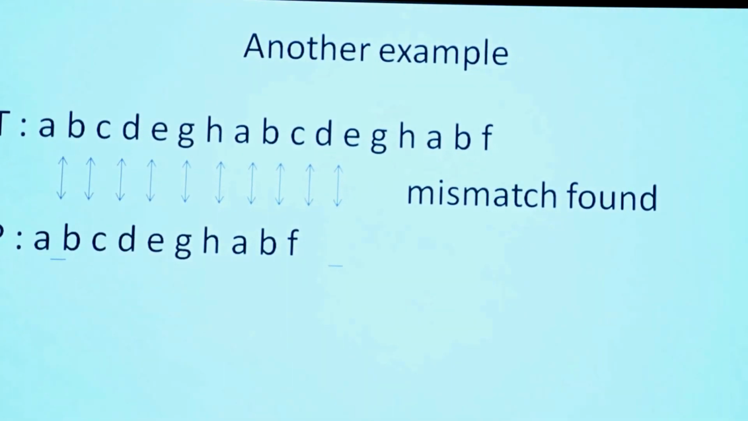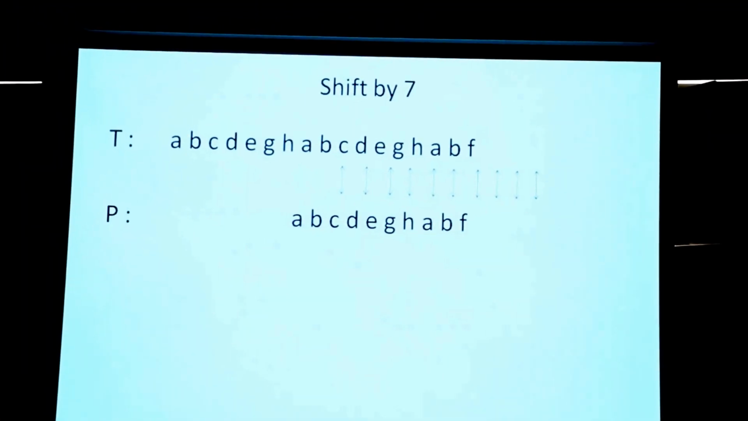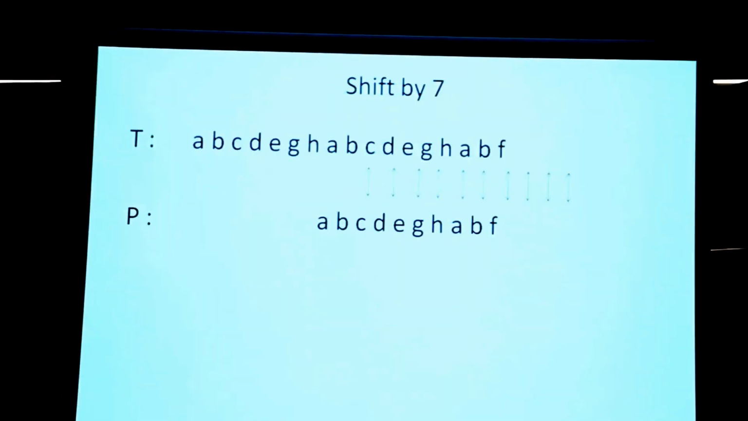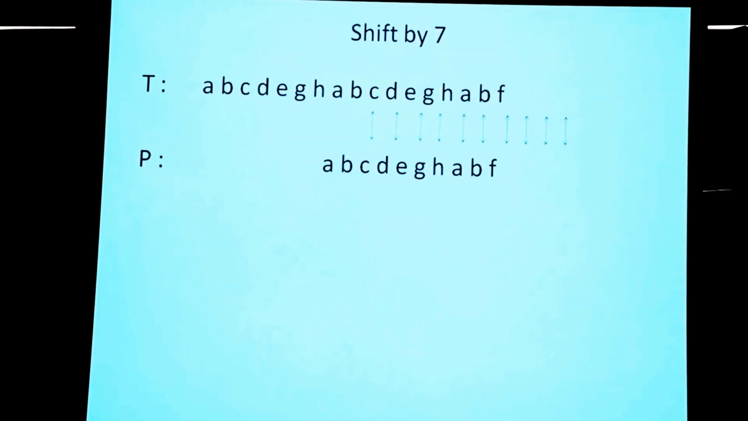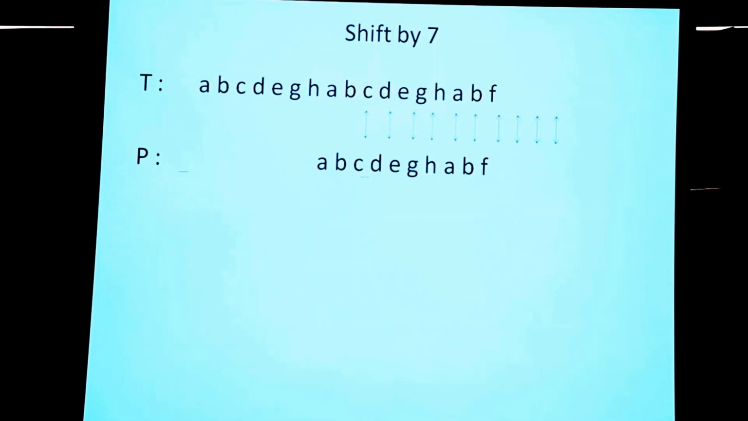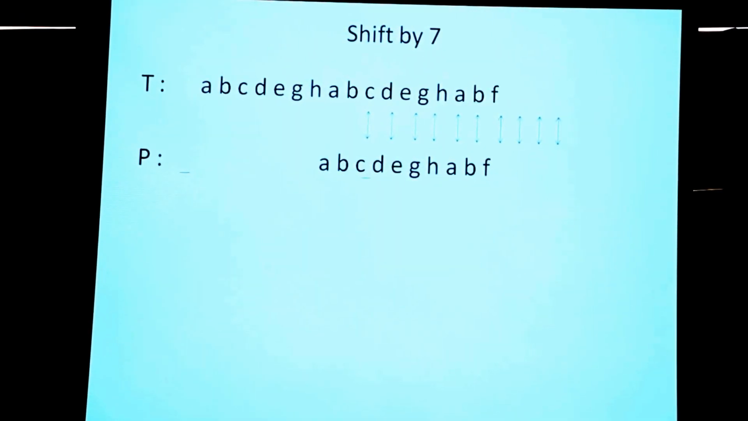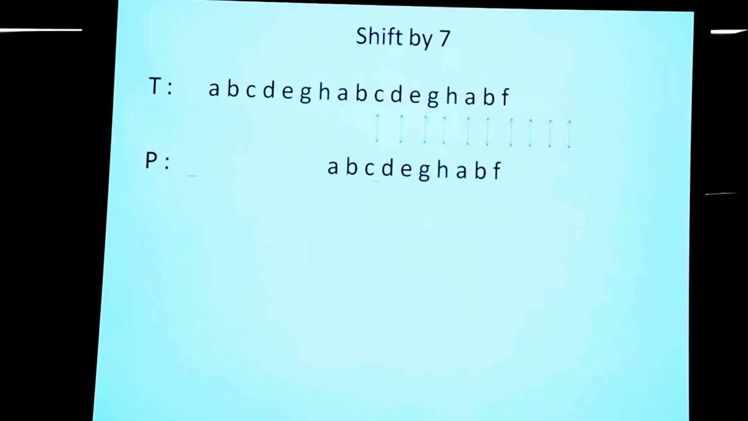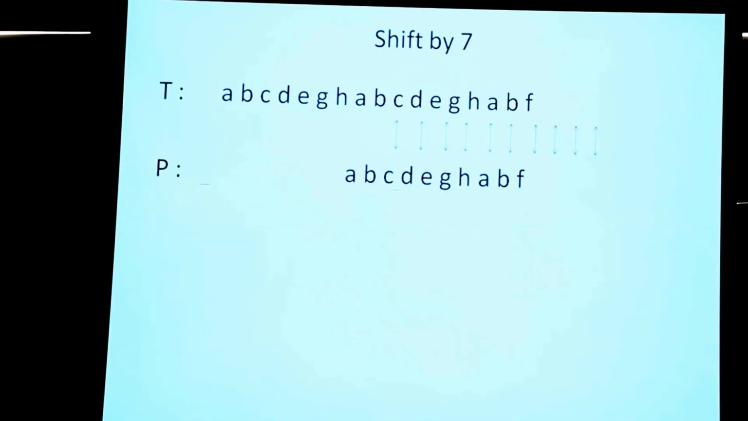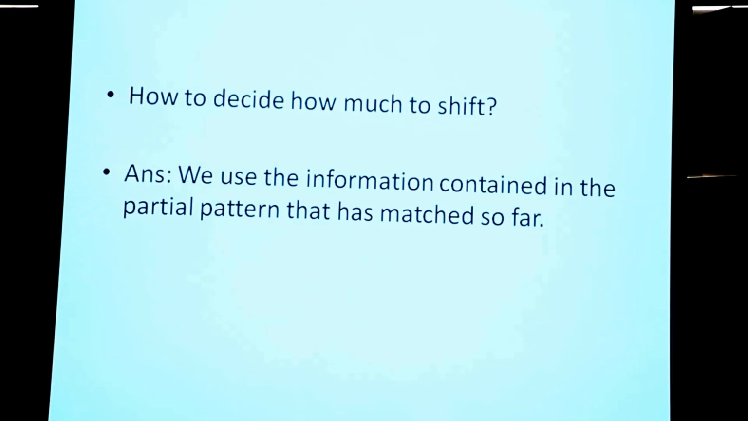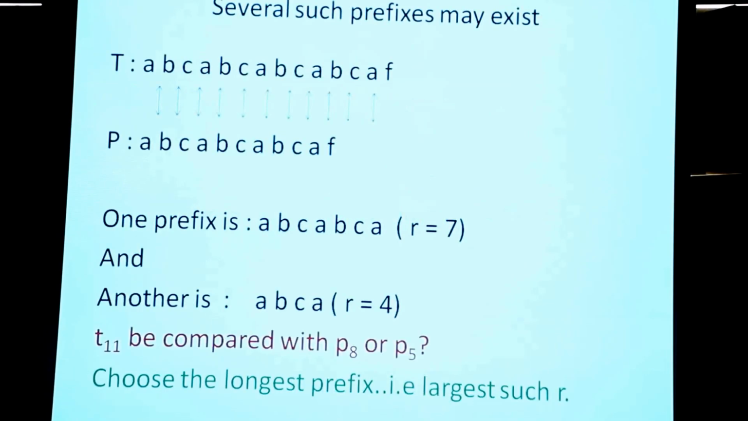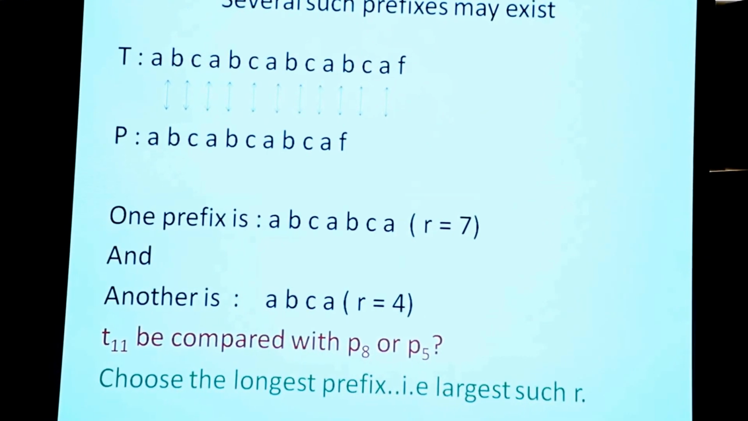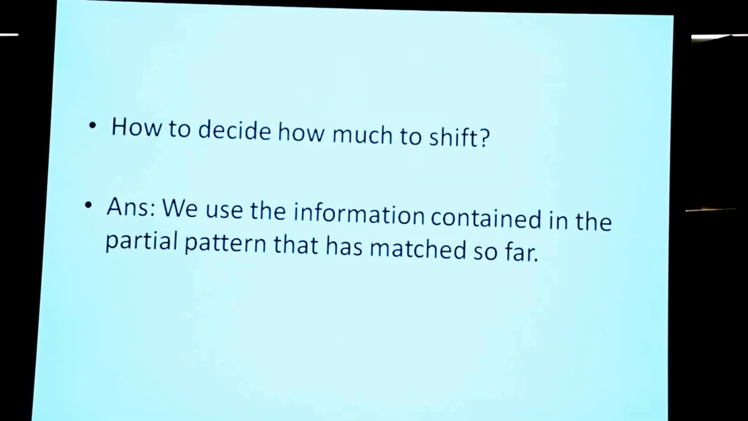Another example, we can shift by a big jump, and if somehow we knew that by shifting so much I will find my pattern quickly, I would prefer to have this jump. Now how to decide how much to shift? Okay. So for that I'll use